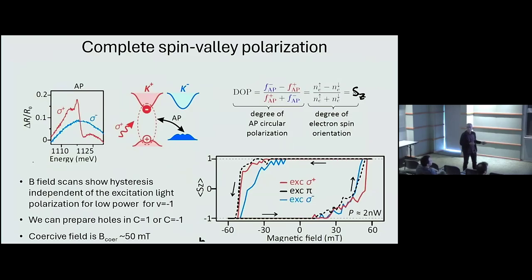We changed the polarization of the white light that we study, and there is a minute effect, but basically you see that if you prepare, let's say, spins in K plus valley, then as you tune the magnetic field off, they remain there, as long as we can measure. And then we can only switch them to the other value at a coercive field of about 50 millitesla.